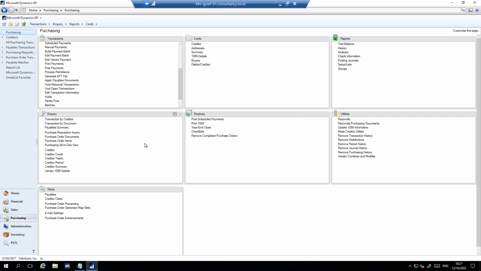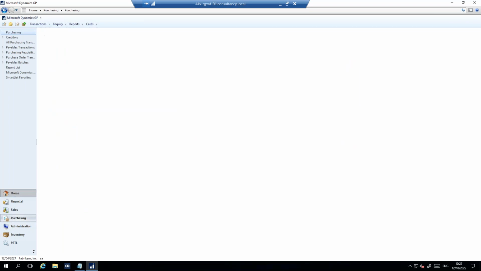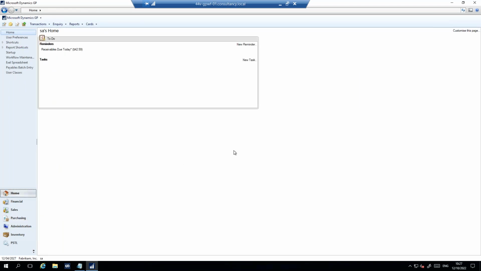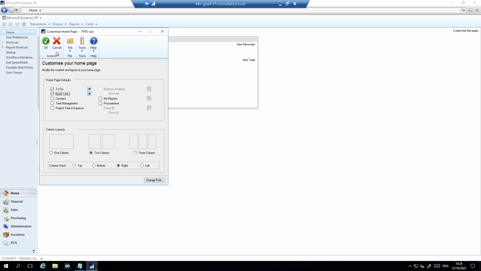So now I'm just going to look at navigation, and this is one I do show quite a bit. If you've been on training courses with me, I apologize because I'm going to show you again. There are two types of shortcuts really available in here. One is your shortcuts menu here on your left hand side, and the other is your quick links. So if I go in here and take quick links,